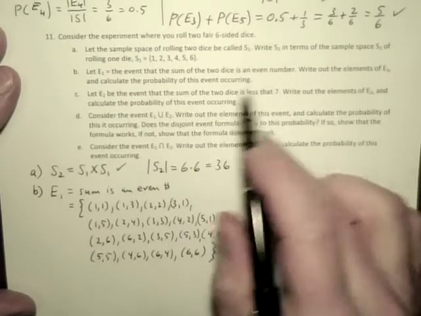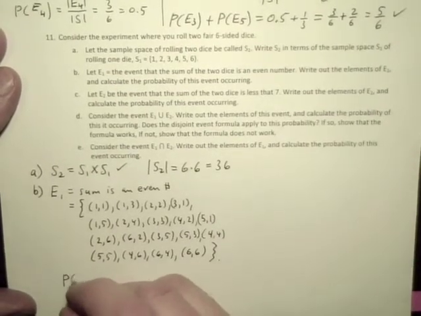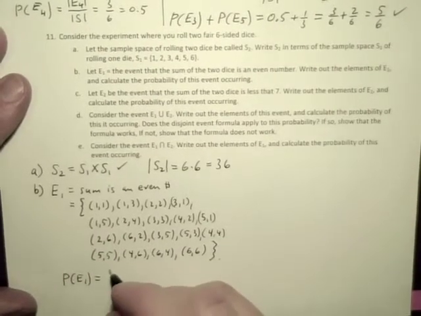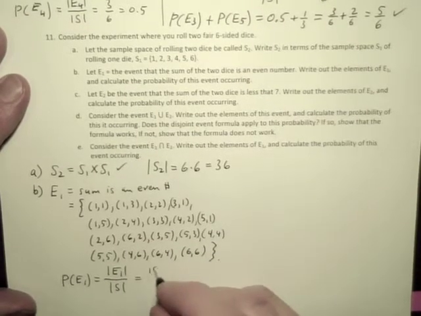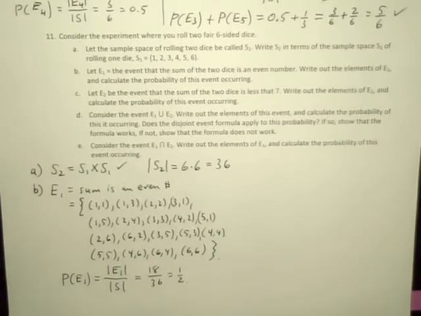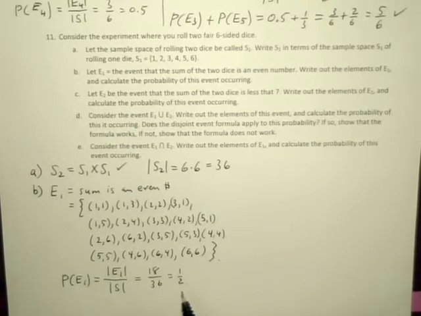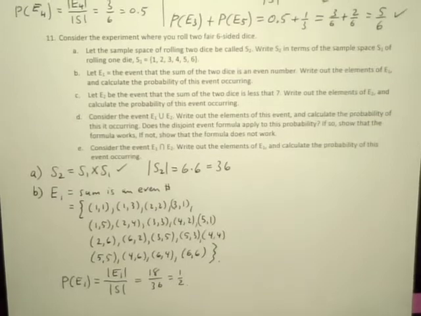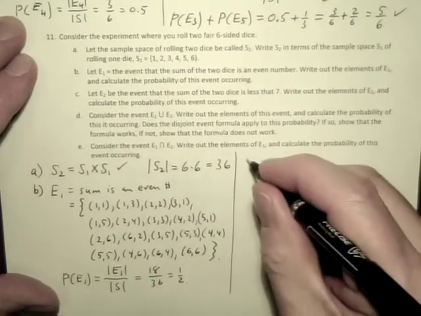So, write out the elements and calculate the probability. So the probability of E1, because they're equally probable, they're fair dice, is the size of E1 all over the size of S, which is 18 over 36, or 1/2. Okay. I suppose then that the probability of getting an odd number is also 1/2 because it's just the complement of that. Part C says let E2 be the event